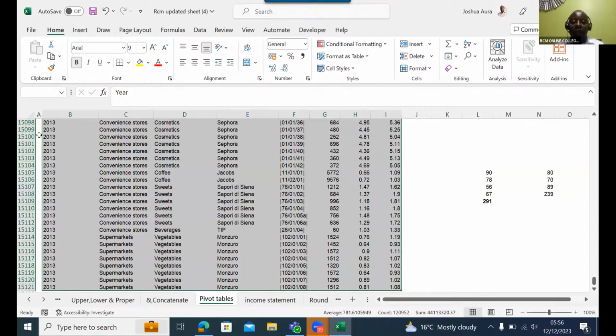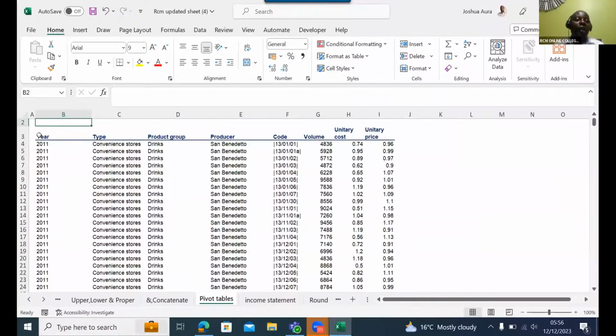Let me repeat again, ladies and gentlemen, because it's quite sensitive. The first thing you do, you come and highlight the very first column title. The very first column title here is year. Once you've been able to highlight the very first column title, then to be able to now bring everything under